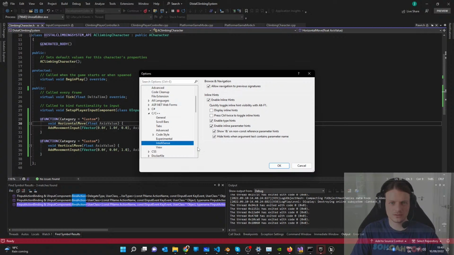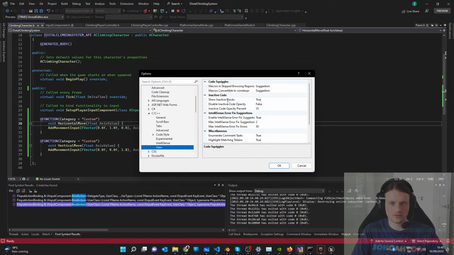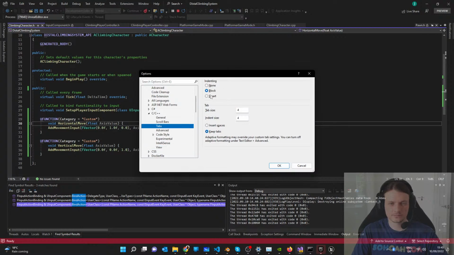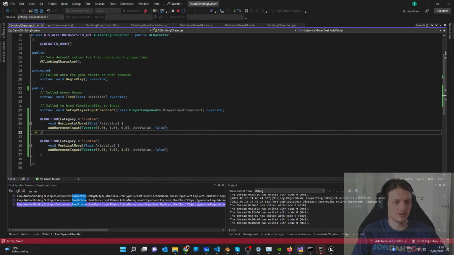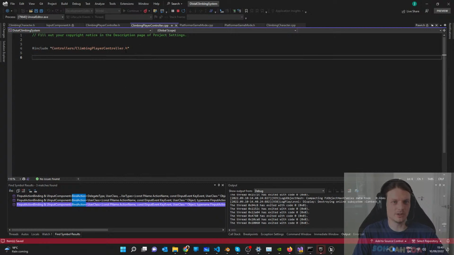IntelliSense. Enable. Well, that didn't work. Okay, fine. Whatever. So this should move us. So I need to get this called from the controller now. So if I go back to my controller,